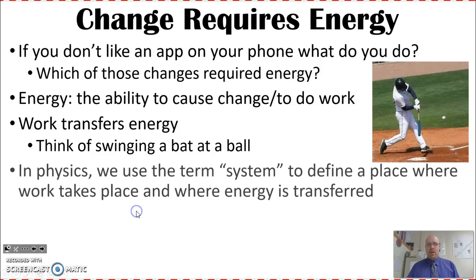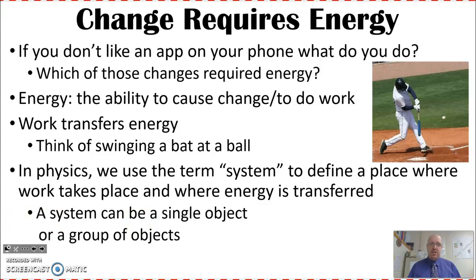All right. In physics, we use the term system, and we use system to define a place where work takes place or where energy is transformed. A lot of times we try to confine it to as small a place as possible. That way we can keep track of all of the energy and all the transformations. One of the things we'll talk about is the conservation of energy in a system and things of that nature. We've used the term before, but we really wanted to place a definition on it. A good definition is a single object or a group of objects. A system is where we take an experiment or a system where energy is transferred.